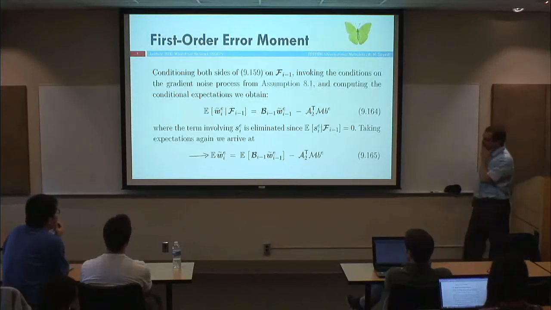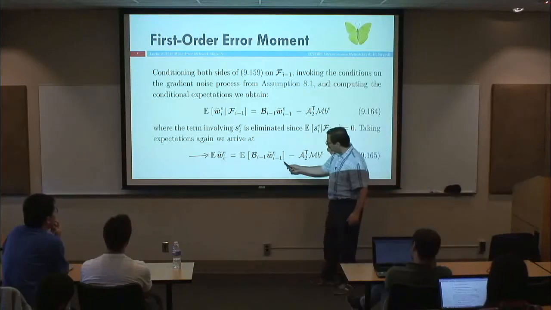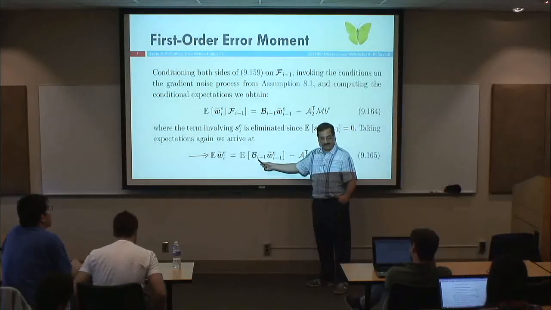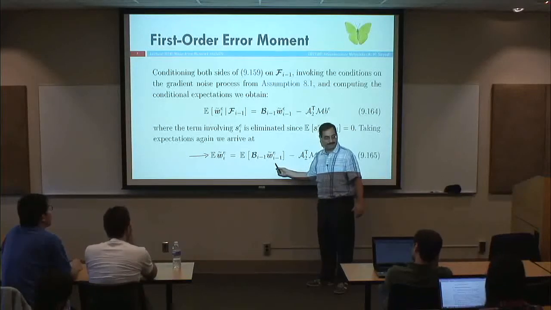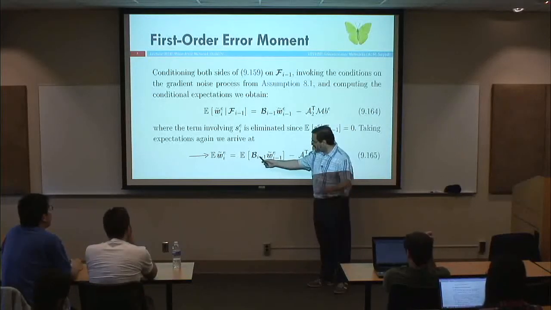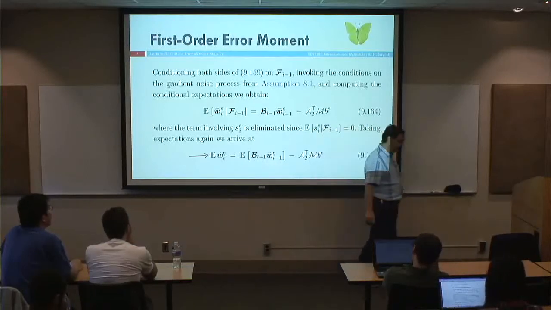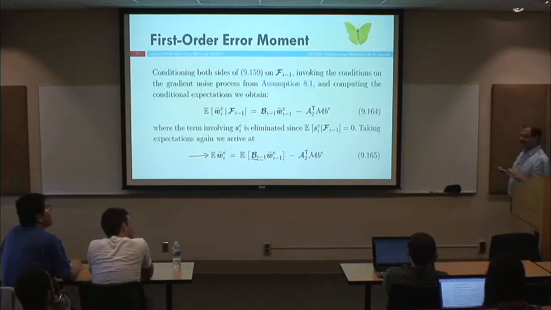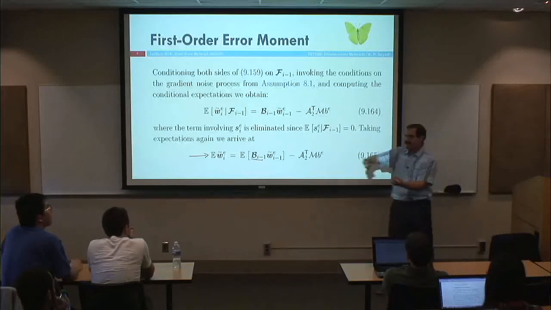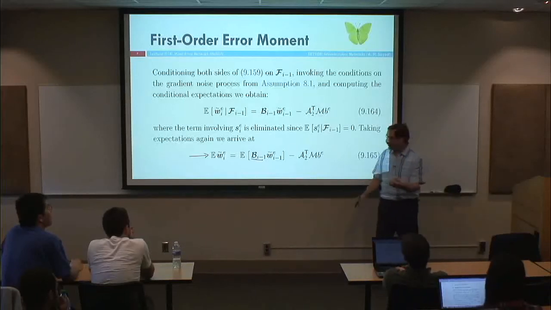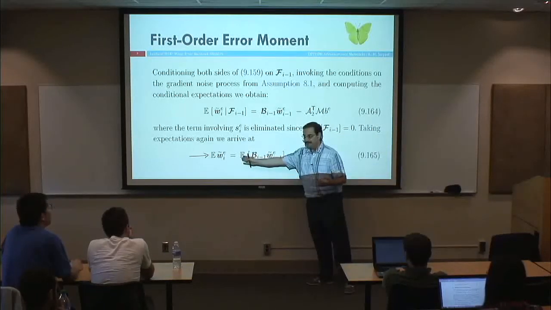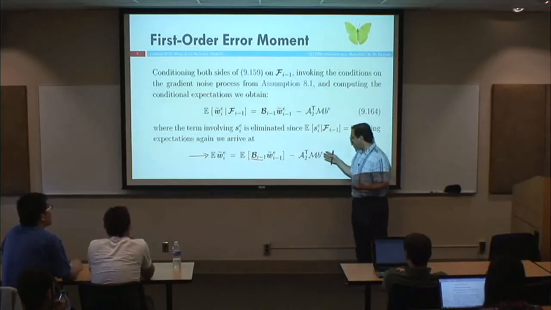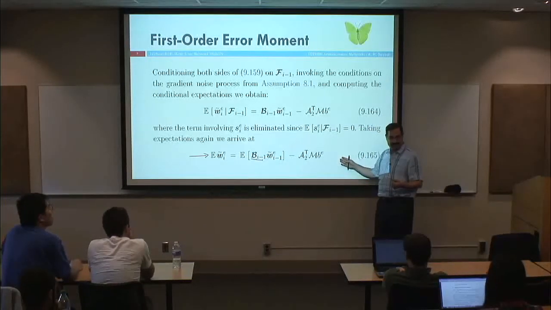This tells you how that mean is evolving. But remember, B is random because it has this H, so I still have a problem evaluating this expectation, because this has the H's which depend on the W tilde, so here you have some coupling. So the way I'm going to go around this, I'm going to take this B, which is random, and express it as a constant B plus a B tilde. So the constant B, then I can take it out, and that B tilde will contribute a term here,